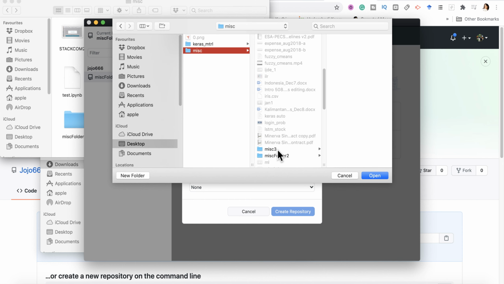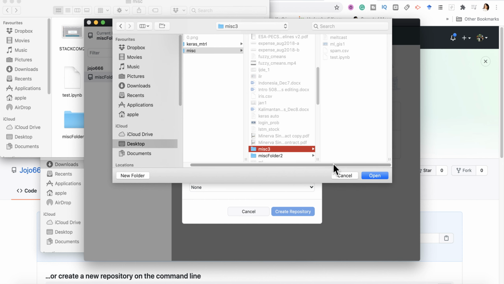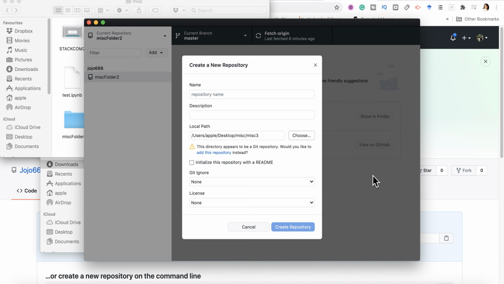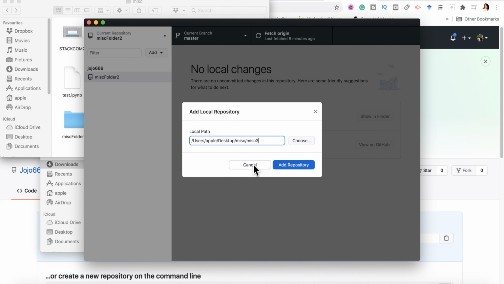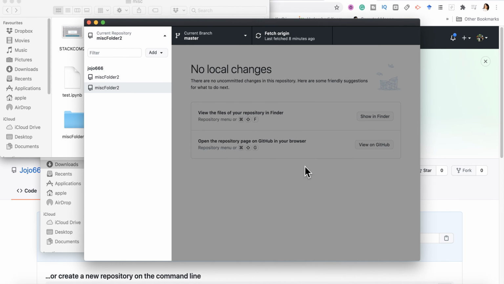So we have to navigate to the folder where you have your assets, your data, your code should be here. So I have my assets over here. Since it's already there within Git, I would like to add this repository instead, so I don't have to create everything from scratch. Of course, if I had not created that misc3 in my Git, I would have had to create it, but you can just go